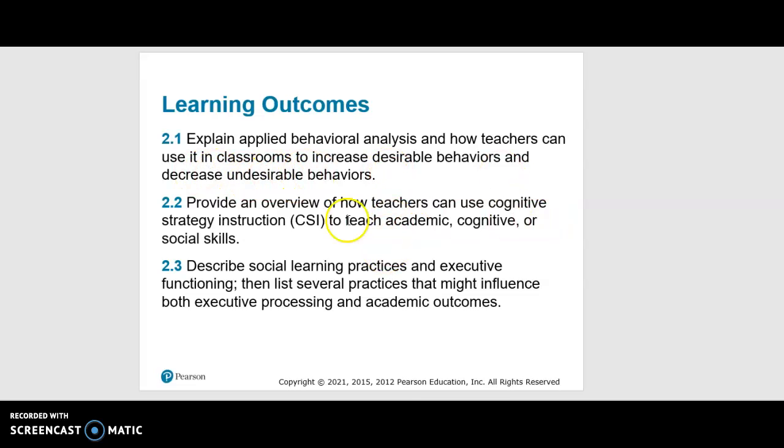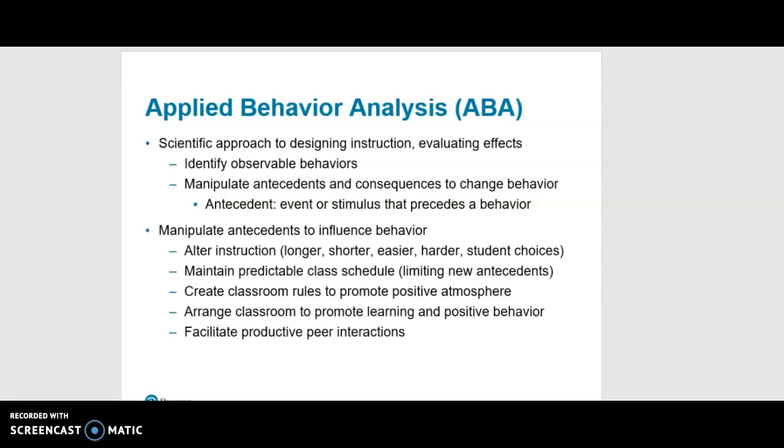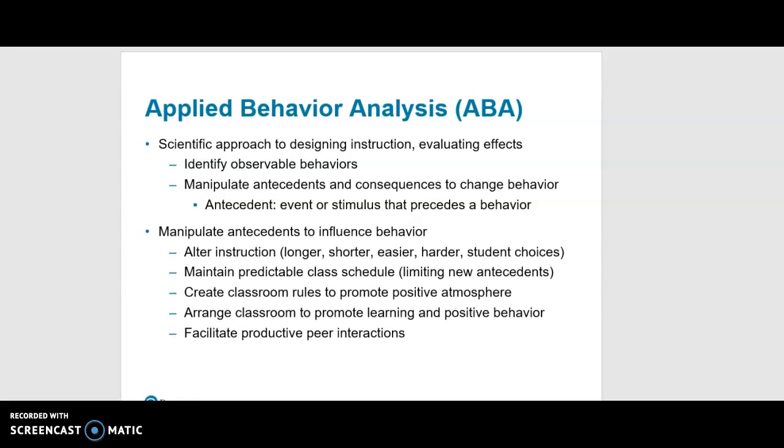We're also going to talk about cognitive strategy instruction. Apparently I just made up a word, CSI, but not like crime scene investigation, to teach academic, cognitive, and social skills, and describe how social learning practices, executive functioning, and all of those practices might influence both executive processing and academic outcomes. So the first thing we want to talk about is applied behavioral analysis, or applied behavior analysis,